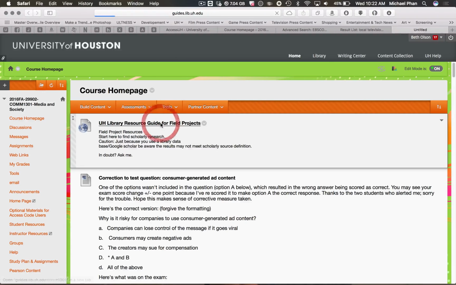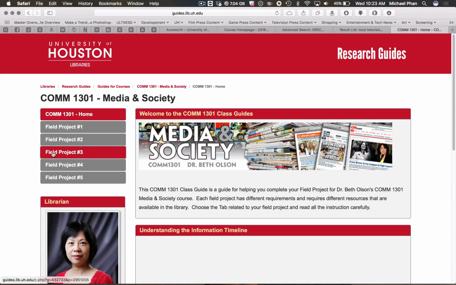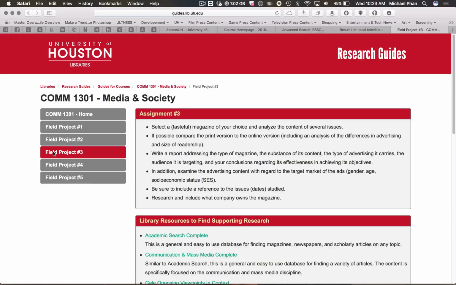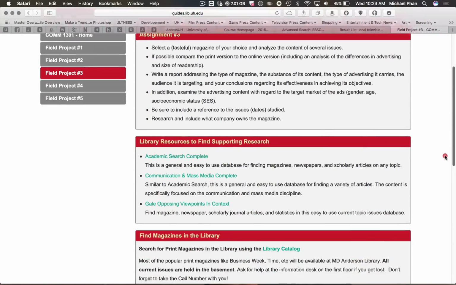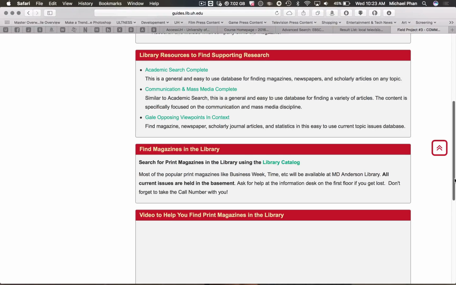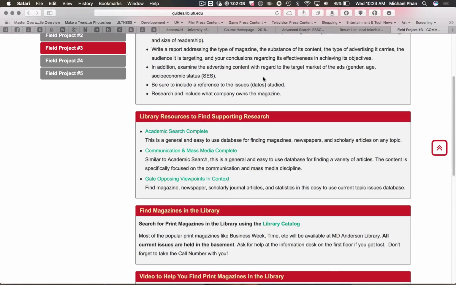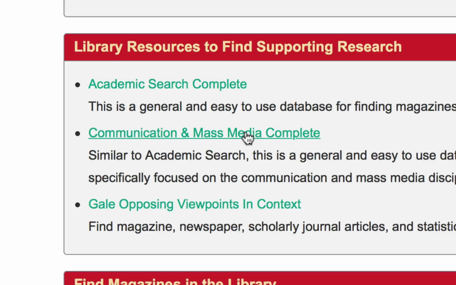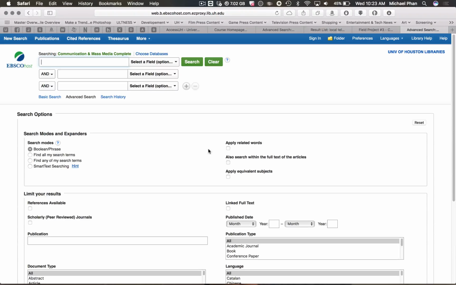So here I am back out at our start page. Now I'm going to project 3, which is magazines. And you're analyzing 3 issues of the same magazine, and this may be online only, but you're looking for the sorts of things that are in the rubric here. And I'm going to start with Communication and Mass Media Complete. Now, some of this is going to be driven by the type of magazine you select. For example, if you pick